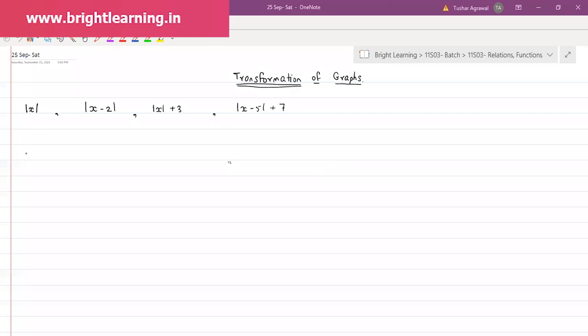Okay. So there are two graphs I want to tell you about. We have not seen trigonometric function graphs, and we have not seen exponential graphs. So first I will tell you the exponential graphs, and then we will see the trigonometric function graphs. For boards, the graph of exponential and logarithmic functions is not there. So the exponential function, if it is given to you,